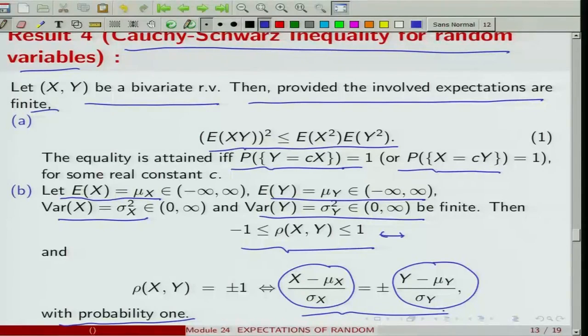So, in some sense this correlation can be used to verify, in certain situations, whether X and Y have a high linear relationship or not. So, if the correlation between them turns out to be 1, that gives an impression that X and Y may be linearly related. So, there is some kind of a relationship between X and Y